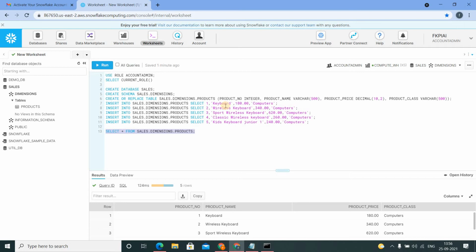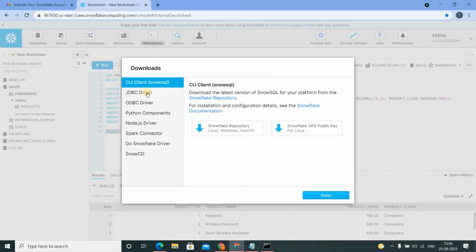Suppose I want to run my SQL statements at the command prompt, so how should I do that? To do that, we need to go to Help and say Download, and download this CLI client that is called SnowSQL. This component we need to install on our local machine.